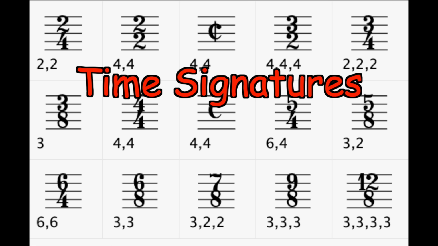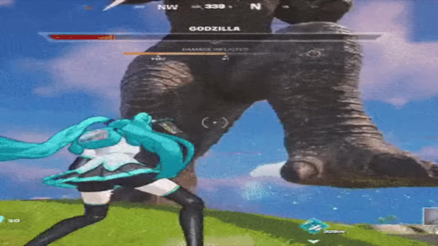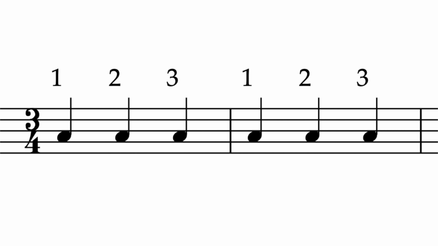Now let's talk about rhythm. It's kind of like the dancing rat in your track. There are time signatures that show you the timing. It's how Hatsune Miku is able to griddy on all the ops in Fortnite. If you see 4-4, that's the basic drip of 1, 2, 3, 4, 1, 2, 3, 4. But you can also have stuff like 3-4, 1, 2, 3, 1, 2, 3, which is like you're emoting a